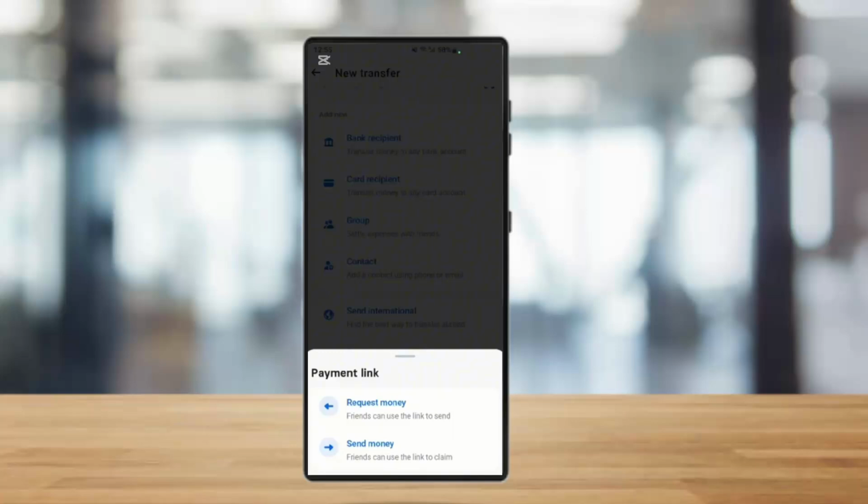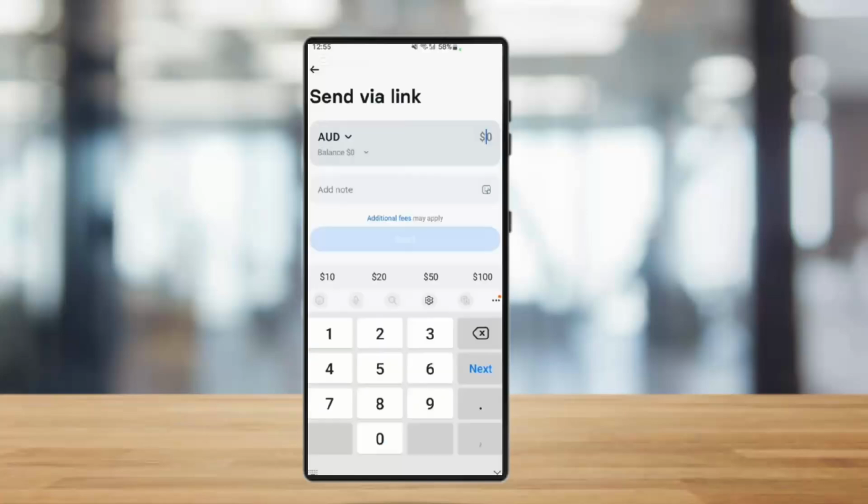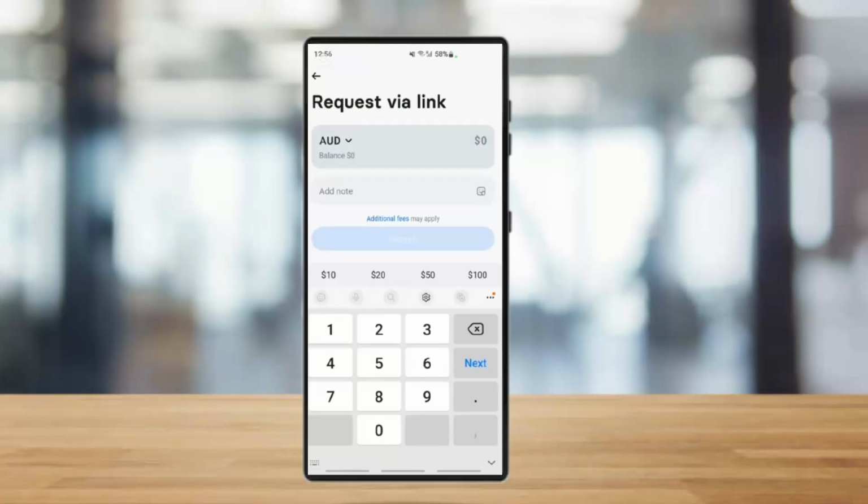So once you've selected any of this, you can simply type in the money you want to send via a link or the money you want to receive via a link. After doing this, you can simply tap on the request option and you will be successful in creating a payment